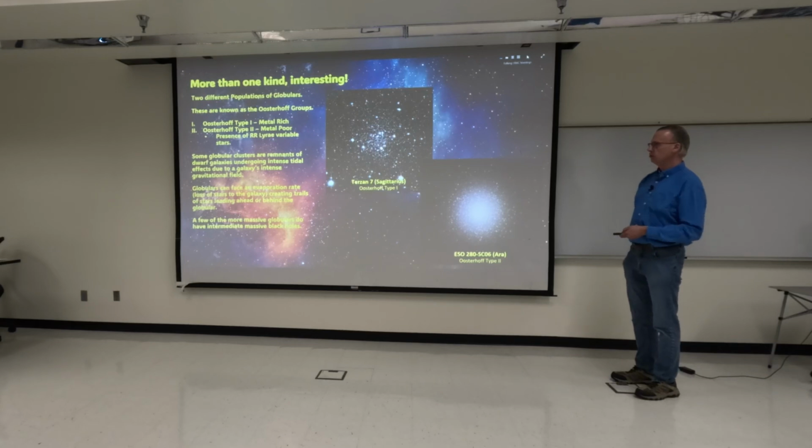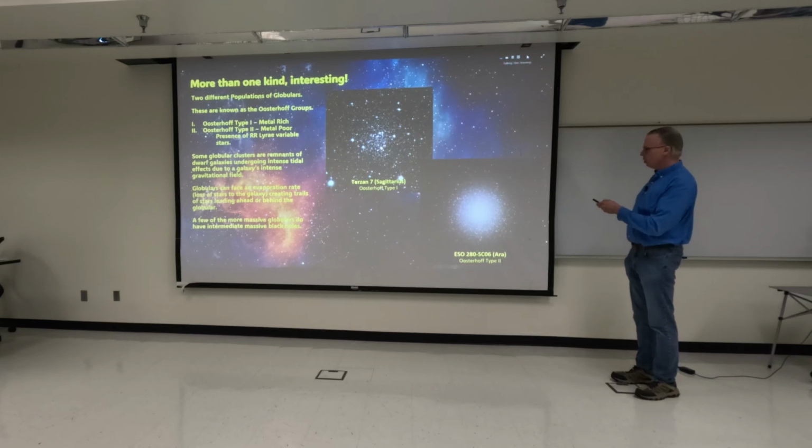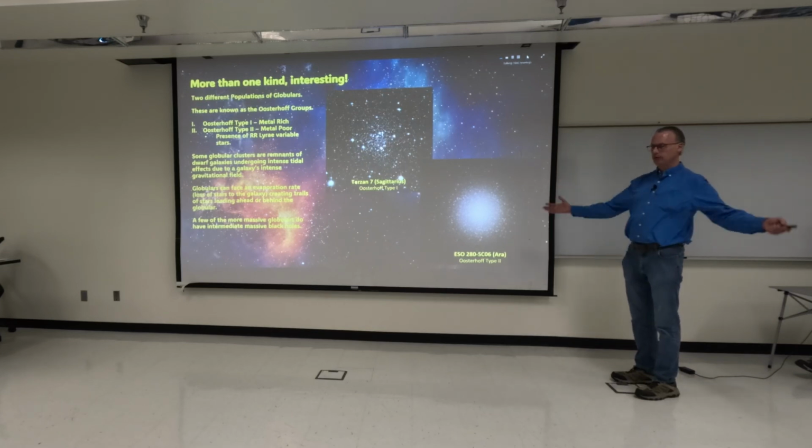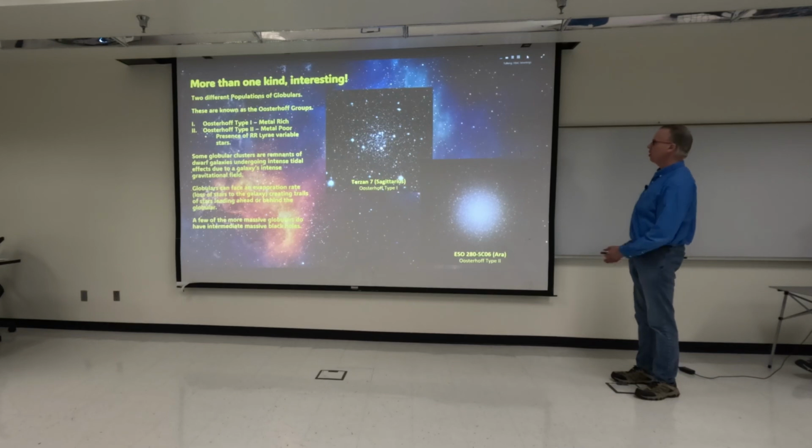Some of them can also be remnants of dwarf galaxies, where the intense gravitational force from the parent galaxy literally tears off a lot of the stars from these dwarf galaxies, reducing them to almost a globular cluster-like structure. All globulars also face a certain evaporation rate, the loss of stars as they trail either ahead or behind the globular cluster. Every time a globular cluster passes through a galaxy, particularly a spiral galaxy, the stellar associations and the huge amounts of dust in the spiral arms can tear apart stars from the outer edge of the globular cluster. So the globular clusters are basically receding in their structure.